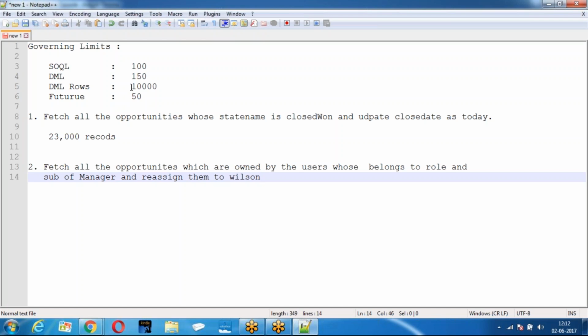How many records do I have to modify? 40,000 records. But according to the governing limits, how many records can you update? 10,000. Then how will you achieve this? You have a requirement where you need to update more than 10,000 records. Then we are going for a concept called